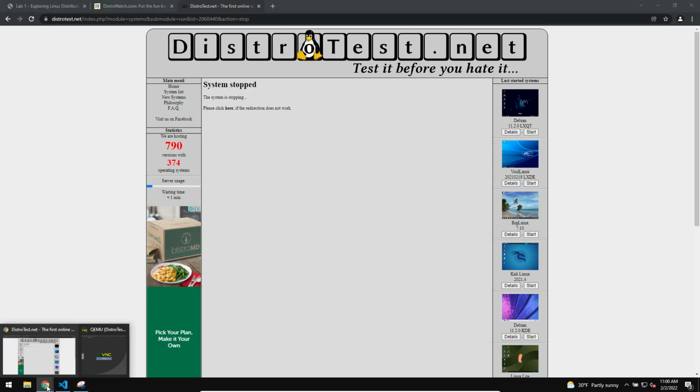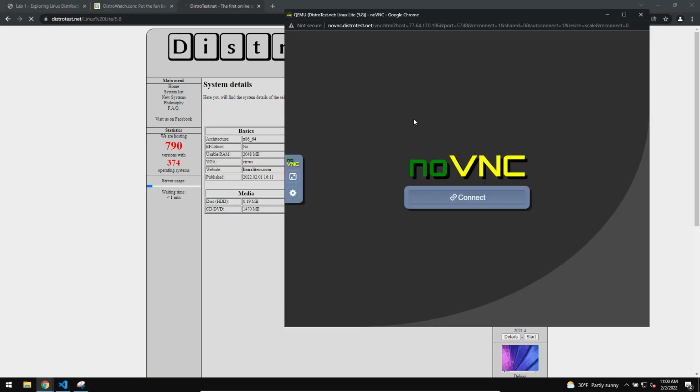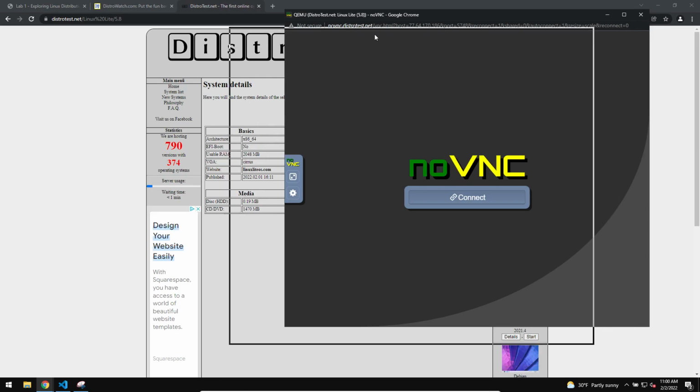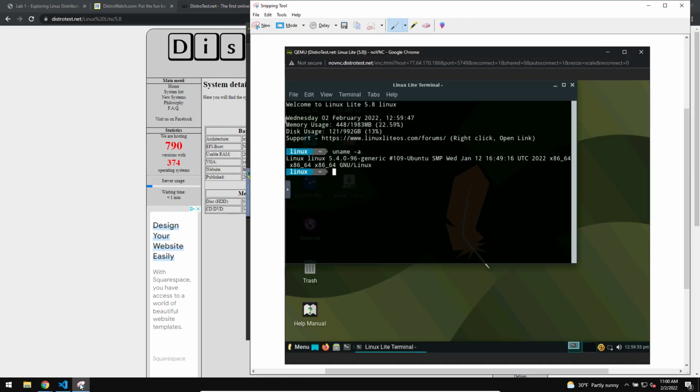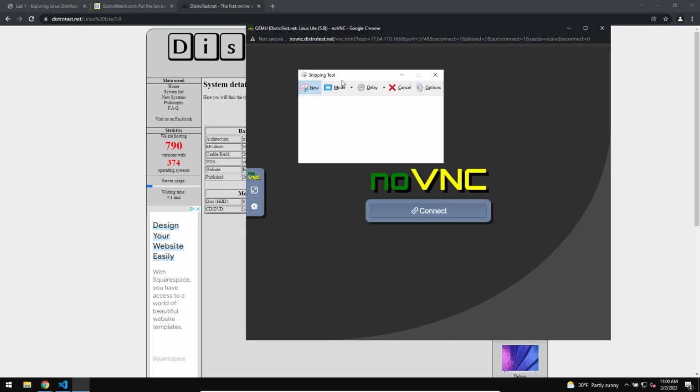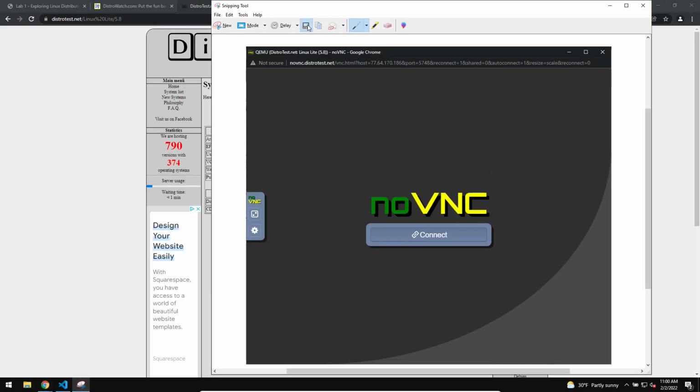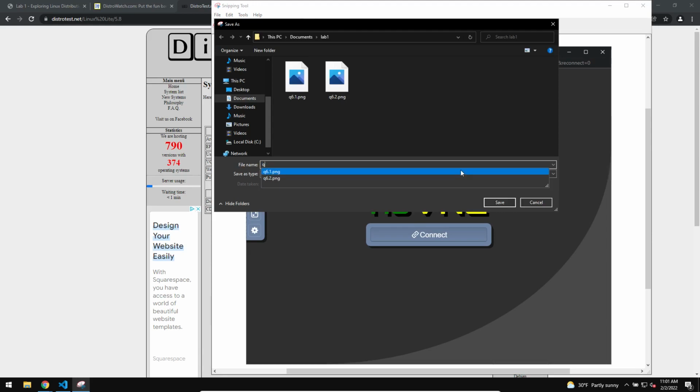System stopped. You can either give me a screenshot of this or you can give me a screenshot of the previous window that was over here. I'll take either or. So click on new here, save